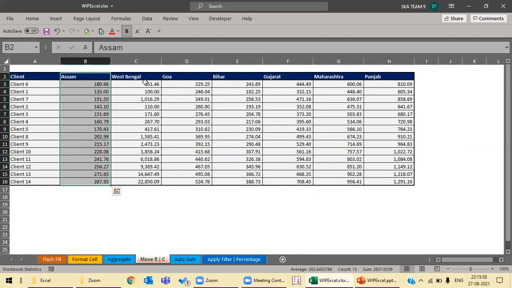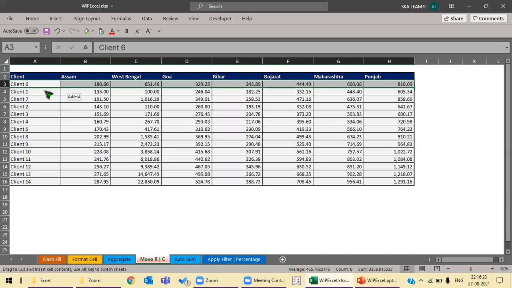And yes, in this way you have just shifted Assam before Bengal without adding, deleting, or cutting any rows or columns. So if you want to shift 6 before 7 again, you can do it without deleting any cell or adding any cell. How? Let's see. You just select it, press the shift button, go to the edge of the cell, hold it, and move it where you want to place it. Yes, and in this way we can move rows and columns in an effective way without deleting any cells or adding any columns.